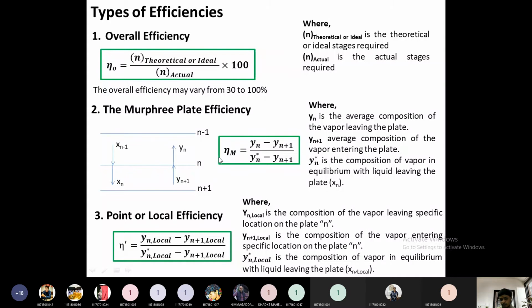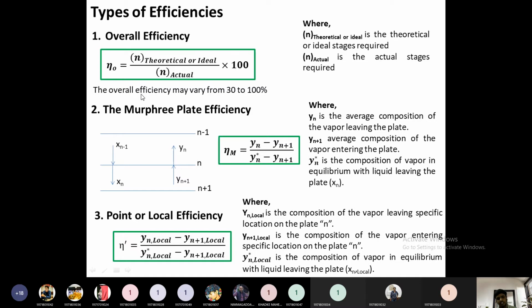This is the Murphy plate efficiency. This is eta, which is the overall efficiency. These three types of efficiencies are involved in evaluating a distillation column. We need to evaluate how well the distillation column is performing in plant operation. Whether in pharmaceutical industries, petroleum industries or any other industry, there may be a small or big distillation column. As chemical engineers, you will be asked to calculate the efficiency of a single plate or of a column. Then how can you calculate the efficiencies?